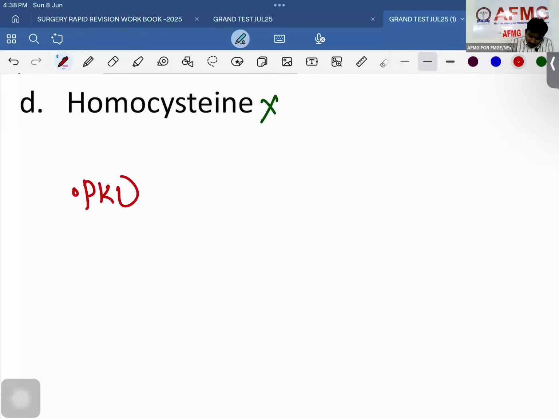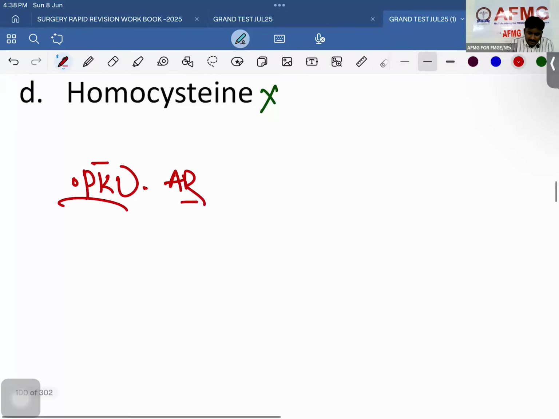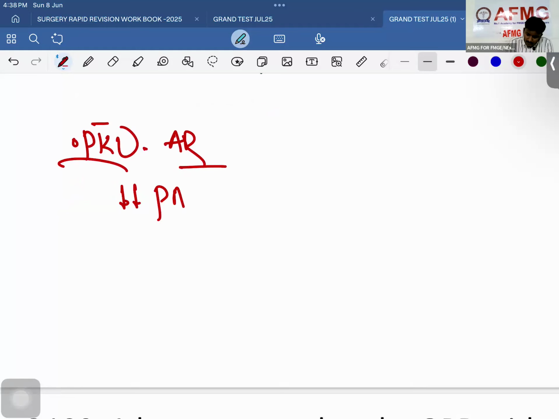So we know that the phenylketonuria pattern of inheritance is going to be autosomal recessive. That is important to be remembered. We know in this condition there is deficiency of which enzyme? Phenylalanine hydroxylase. This enzyme is going to be deficient, due to which phenylalanine is not converted into tyrosine, and therefore